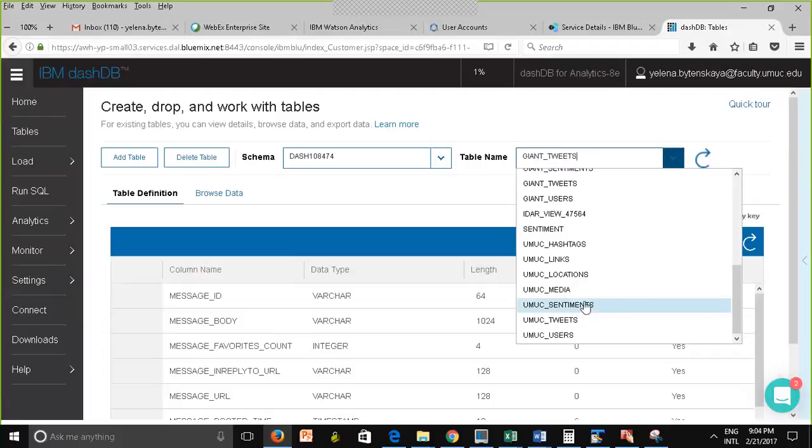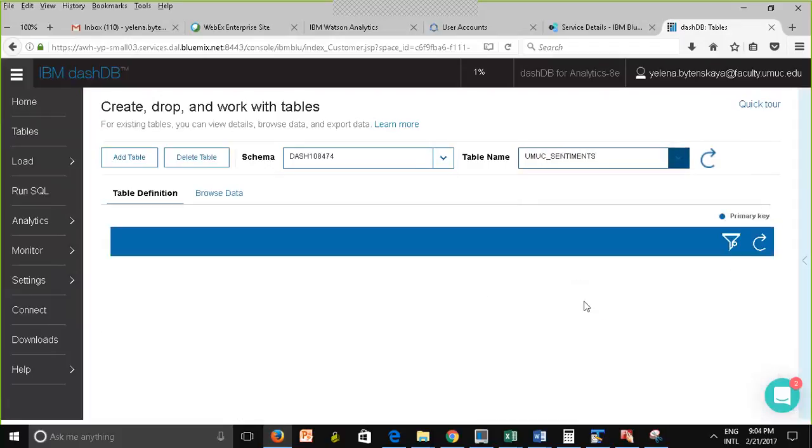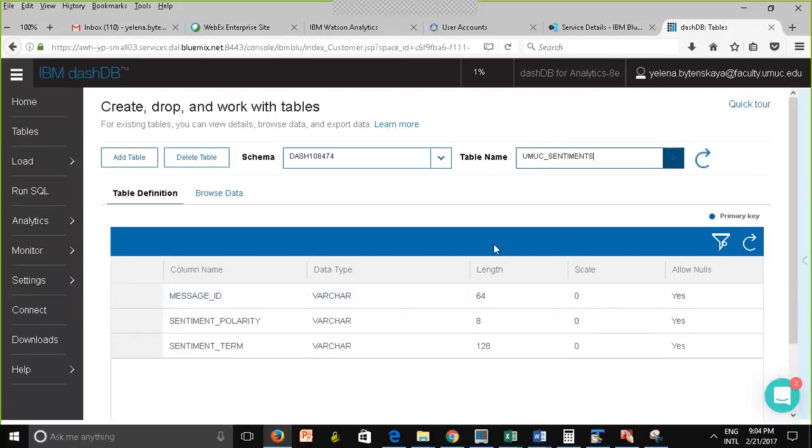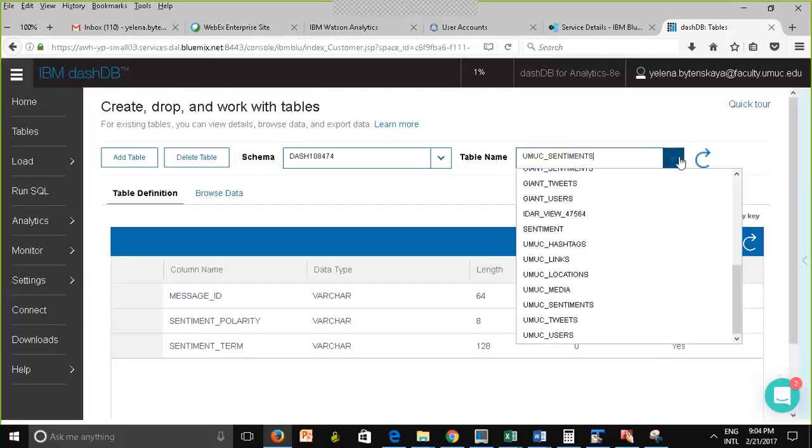That's one of the views that I created for the walkthrough. Now notice what happened. When my tables were created, I think I called it sentiment view, but take a look at this.